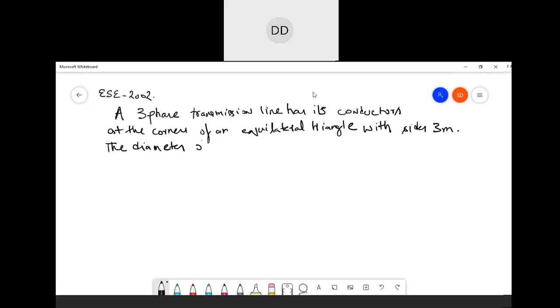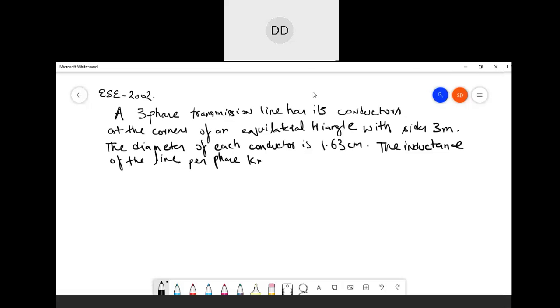The diameter of each conductor is 1.63 centimeter. It is asking for the inductance of the line per phase per kilometer. So if we have to solve this problem, you have to read the problem once and hold it. Now if you carefully look at the diameter,